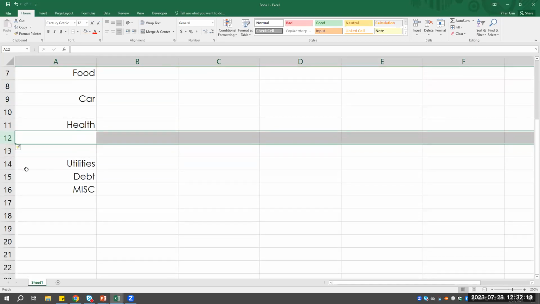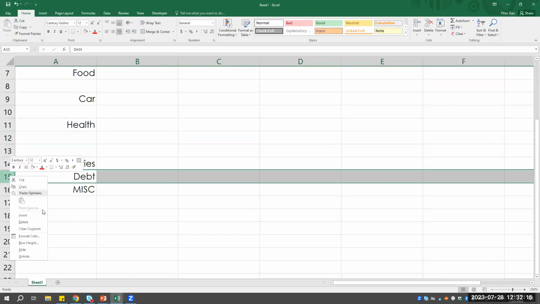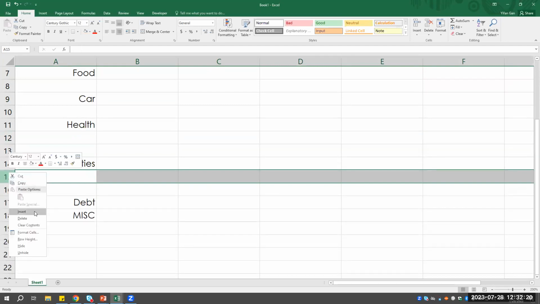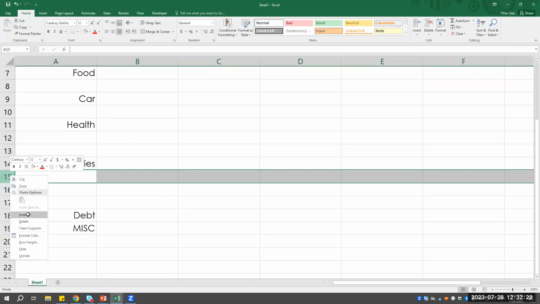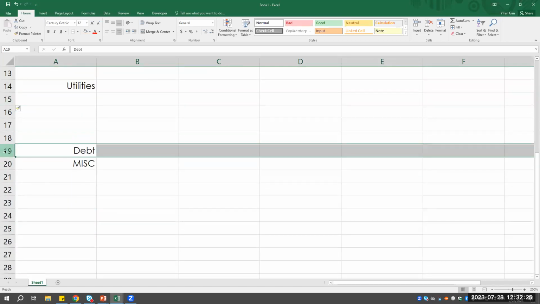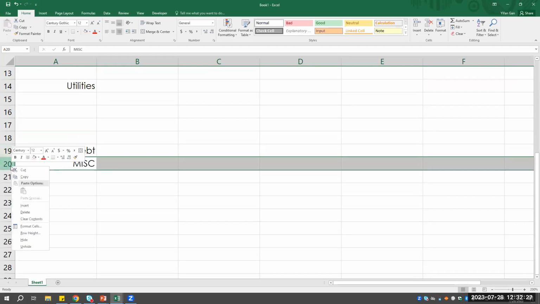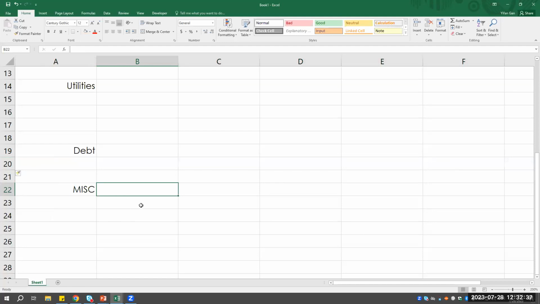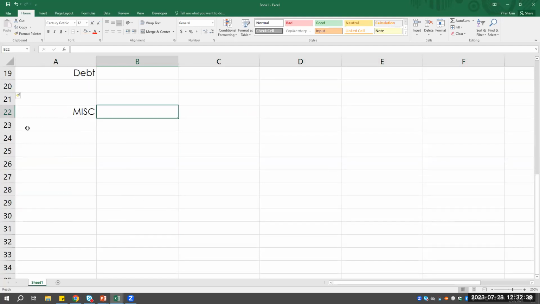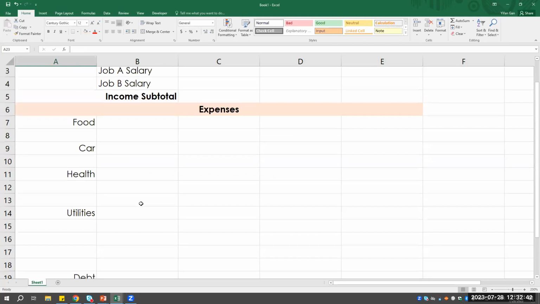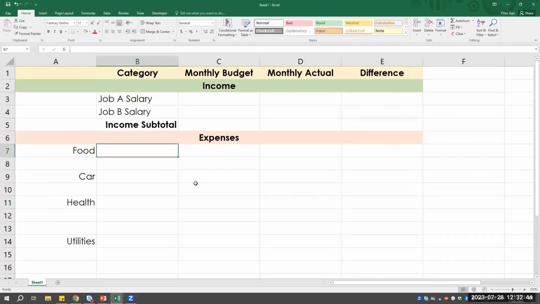For utilities, oh, there are quite a few. So let's do 4 more just in case. For debt, we have a few loans. We have perhaps a student loan. We have an auto loan or some others. I'll insert 2 right there. For miscellaneous, we probably have a few, but we don't have to insert a row since there is some open space down below. All right, let's do groceries,